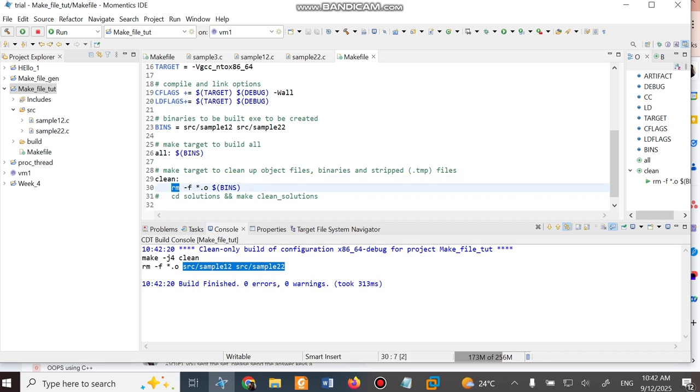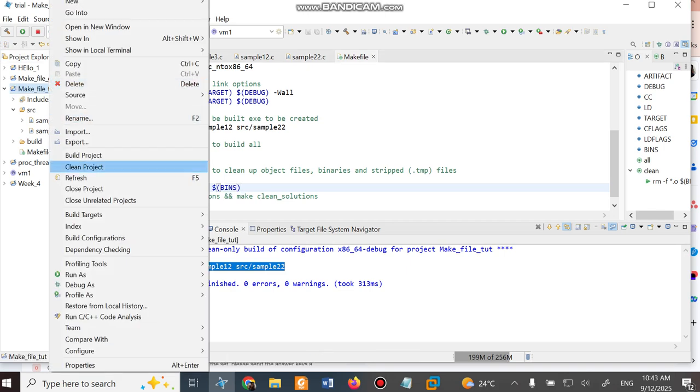Under the clean we have a remove command which removes all the files forcefully, that is -f, and *.o. Star represents all, so after the extension .o, all the .o files will be deleted along with all the binary files. These two are the binary files. So all the binary files will be deleted when you just give clean project.